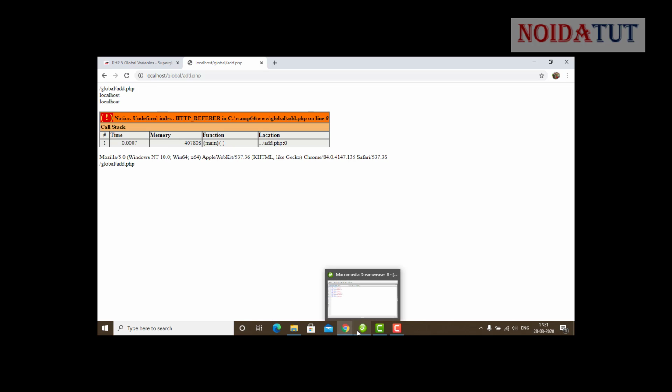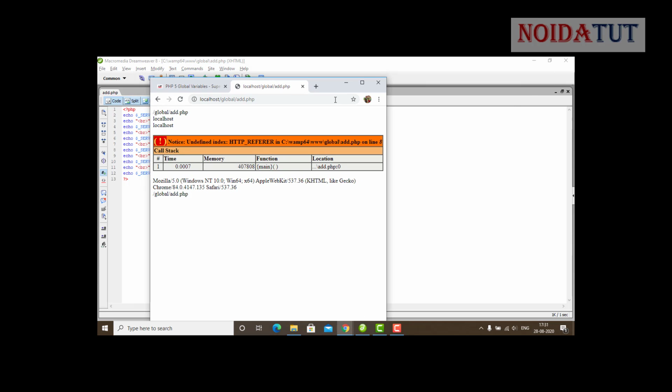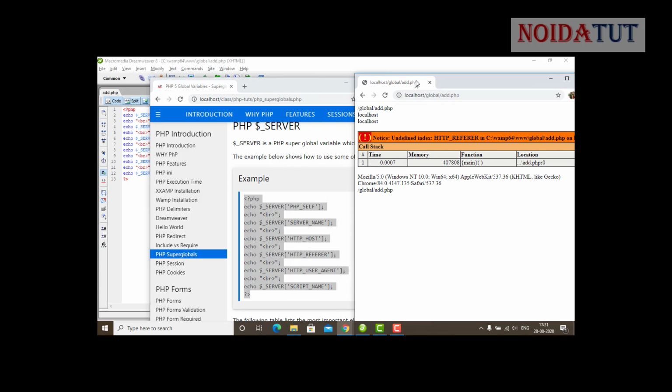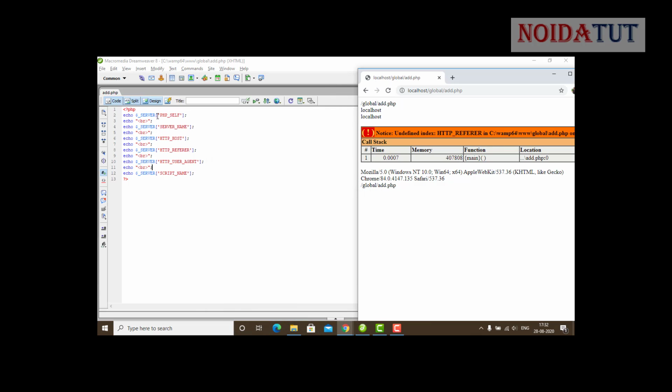The first function which we have used is PHP_SELF. PHP_SELF is going to show you the link or the folder in which we are working. Server name: this is the server name. The server which we are working on is the localhost, so it displays localhost. HTTP host is also the localhost.